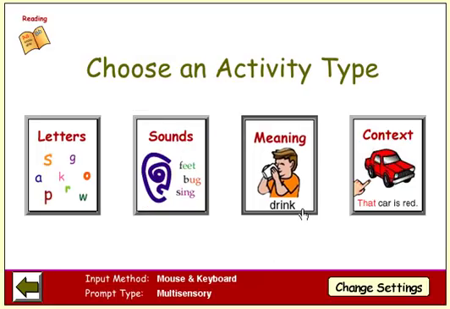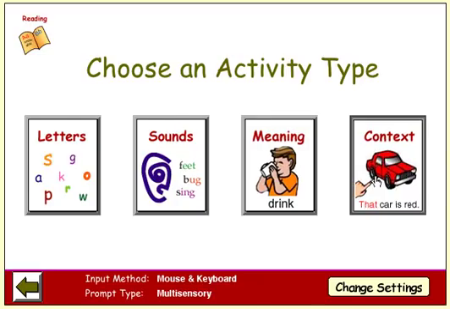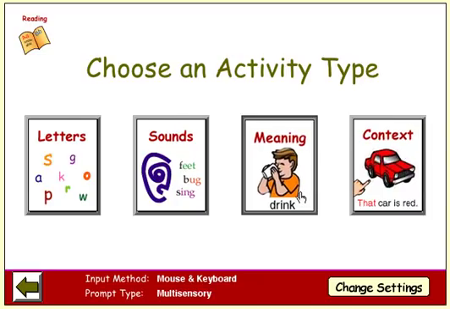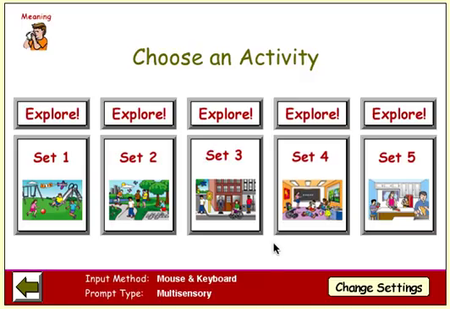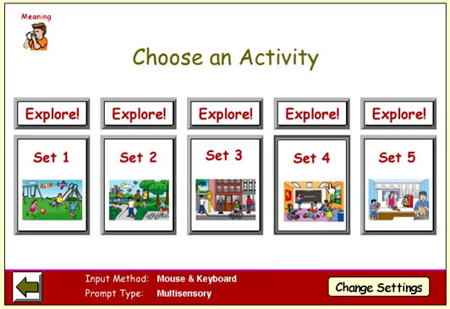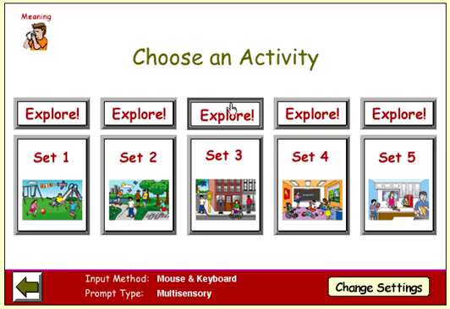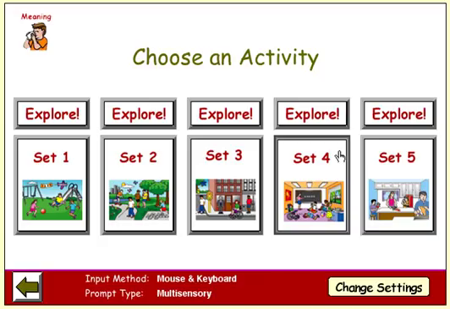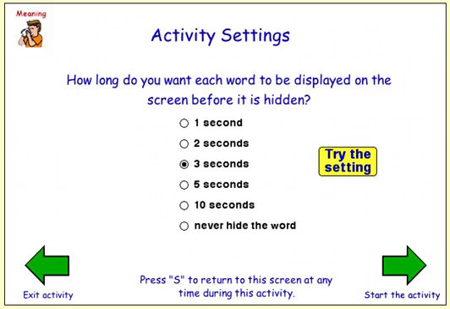For the meaning processor in the balanced literacy research, these four brain functions, the meaning processor in the brain function, we've used the Dolch vocabulary words to test, and this then will give us our grade level. These are pre-primer, primer, grade 1, grade 2, grade 3. Still an explore activity, but the assess activities will give us back a grade level score. Let's test second grade words. This tells us how long